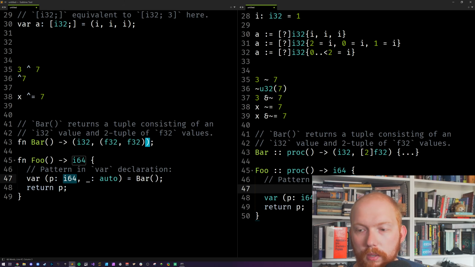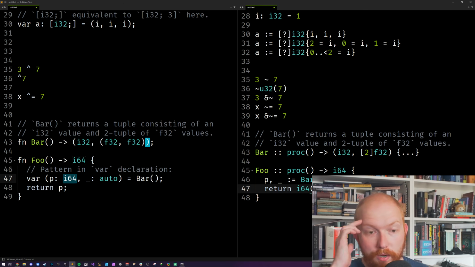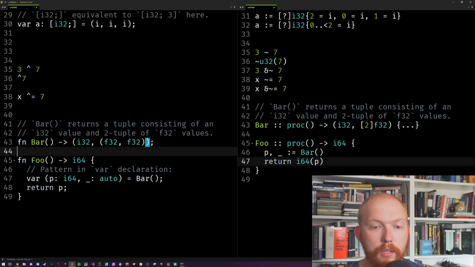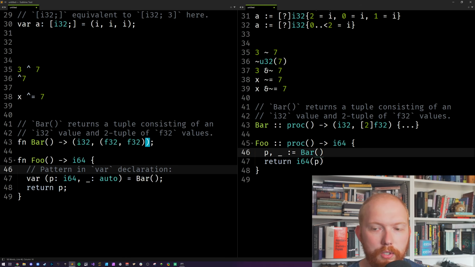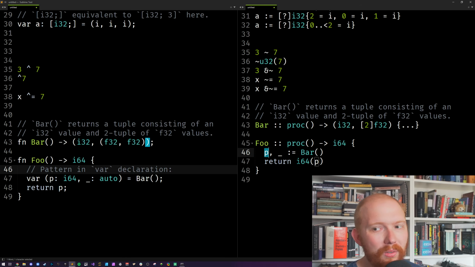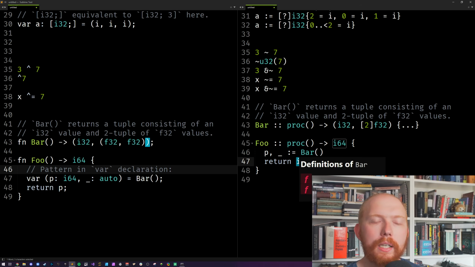So what you would have to do here is you got p and then blank in Odin. You're going to declare it as var bar. And then Odin makes it really specifically clear here, you're going to have to do an explicit conversion when you didn't have to do it in Rust. Because notice here they've got an I32 as an I64 here, and they've declared as an I64, and they've done an implicit conversion. Whilst in Odin we've gone like, no, you need the explicit conversion. Because that's what's happening. What type of widening are you doing?